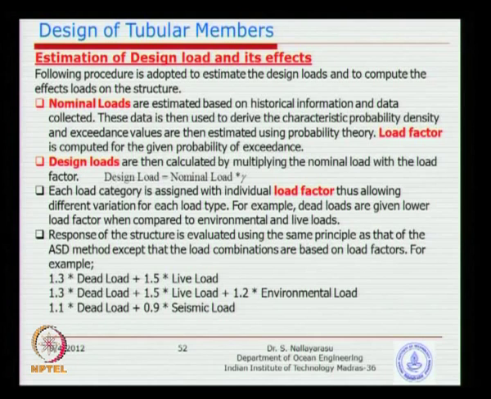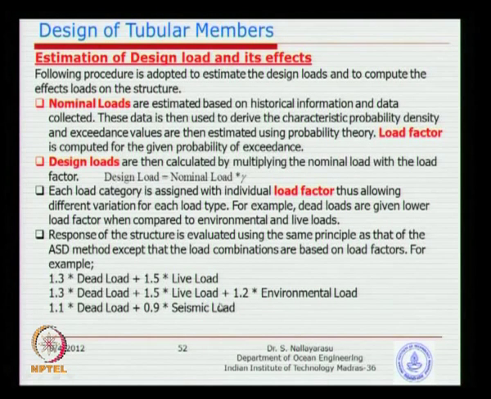The design load is taken as the nominal load, whatever the method you derive, multiplied by a load factor which carries the risk or the assumptions that you have made, and that is a better idea than the earlier methods. Other than that, the combination of loads will also be associated with their coexistence. For example, with load 1 and load 2, you evaluate the joint probability instead of an individual probability to obtain the load factor. You look at the probability of occurrence of two loads together, the joint probability, and then you can find the corresponding factors.